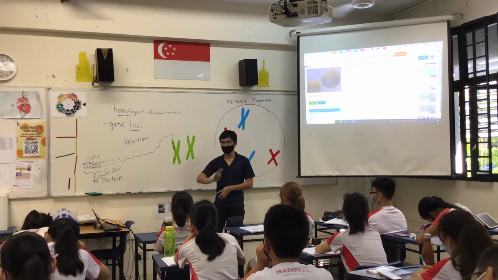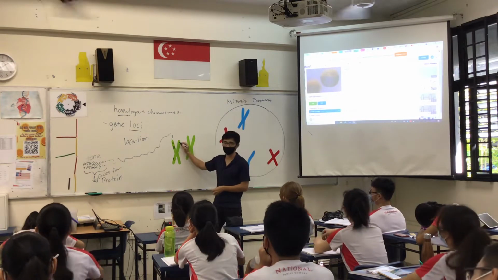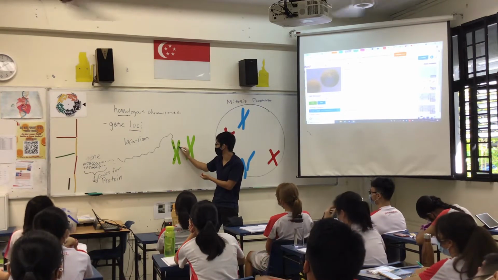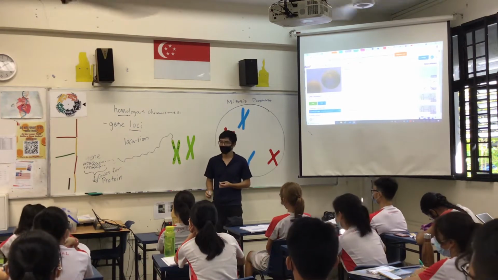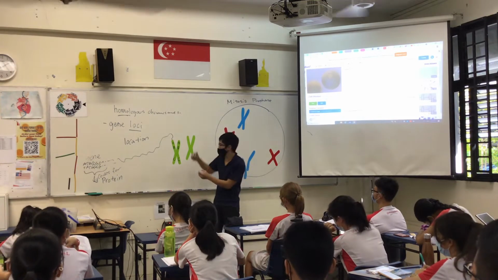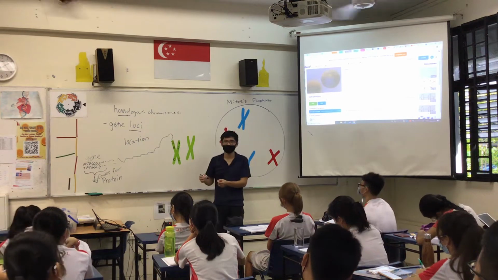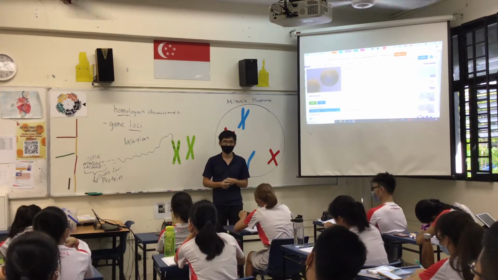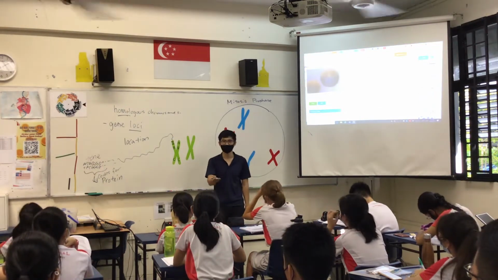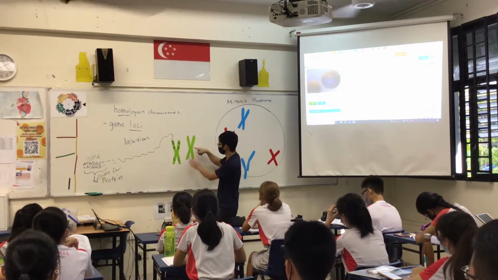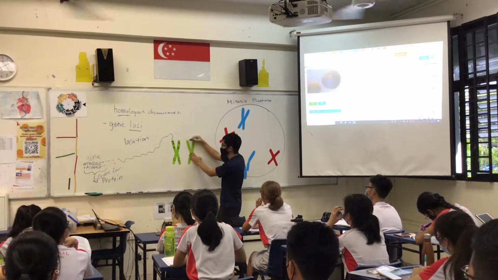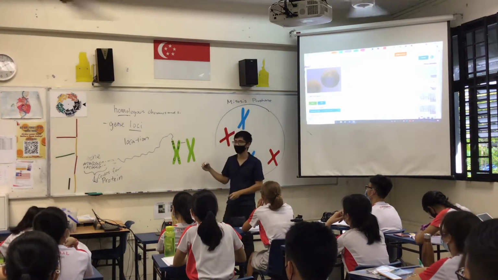As you were doing the SLS, you realize that sister chromatids have exactly the same thing on the left and right. So you see A, B, C. So what do these alphabets mean? The alphabets are just a representation that this segment of the chromosome contains a gene. This segment of the chromosome contains a gene, and we just represent it in alphabet. Sometimes you will see that at the same gene location or gene loci,